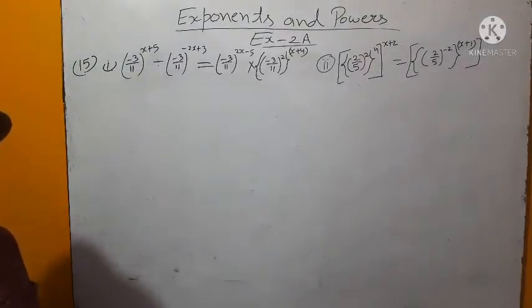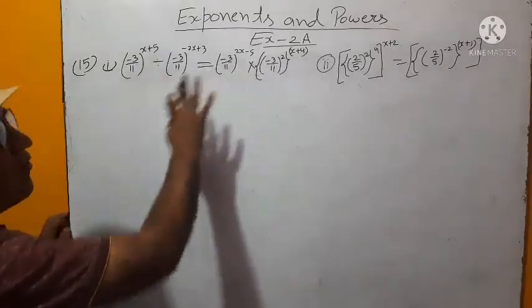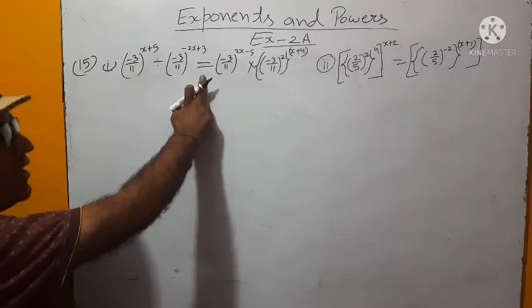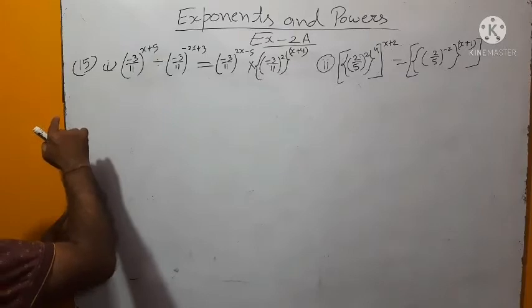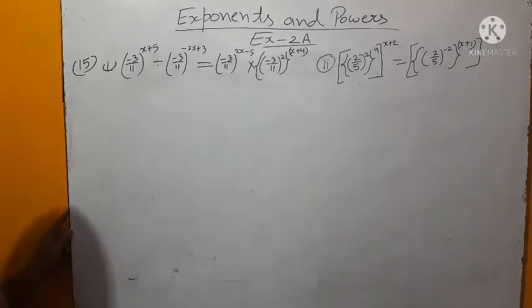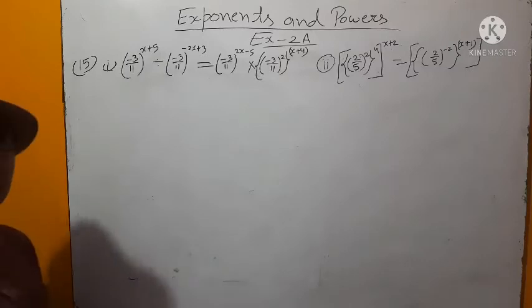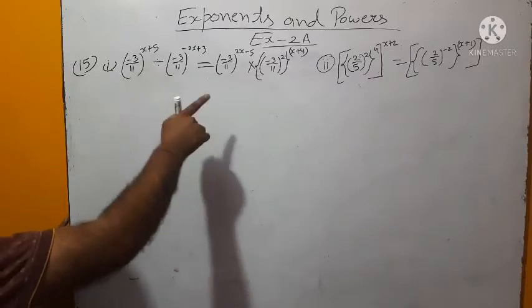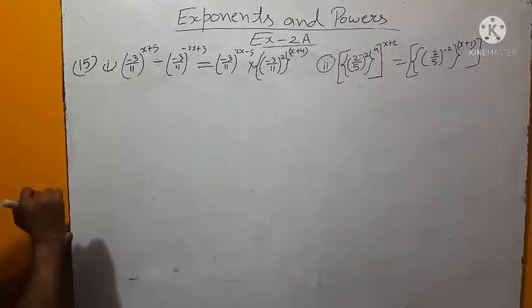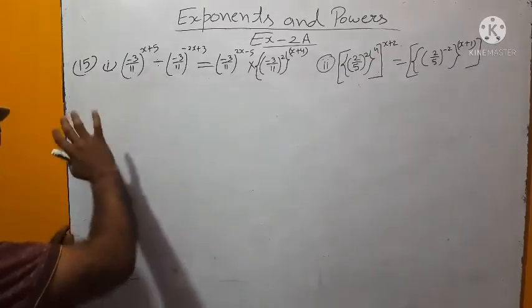Okay children, now see question number 15 part 1. Here we have to find the value of x. Here equality sign is given and we have to find the value of x in the given expression. So watch carefully what is given here and see how you will find. Left hand side is equal to right hand side. This type of statement is given.